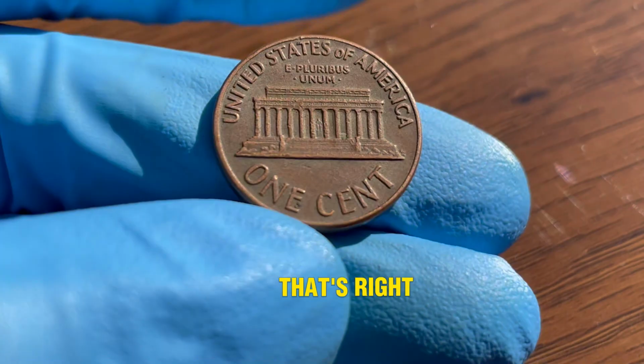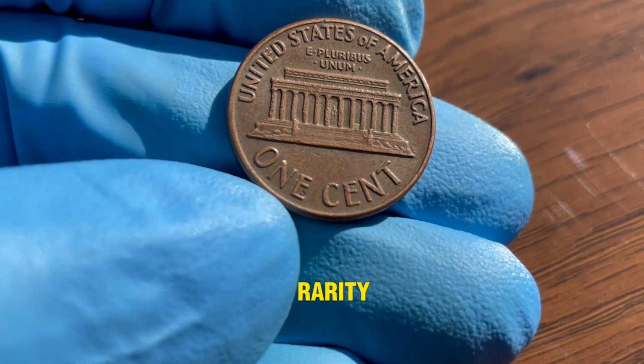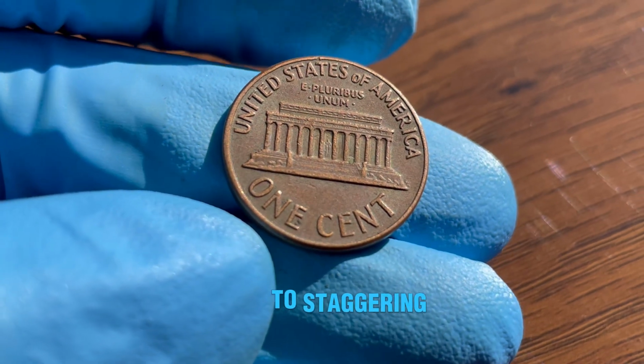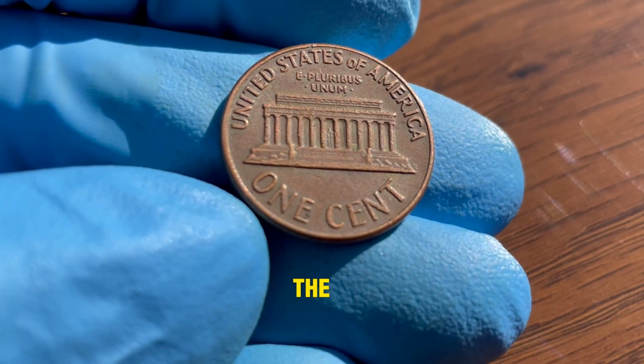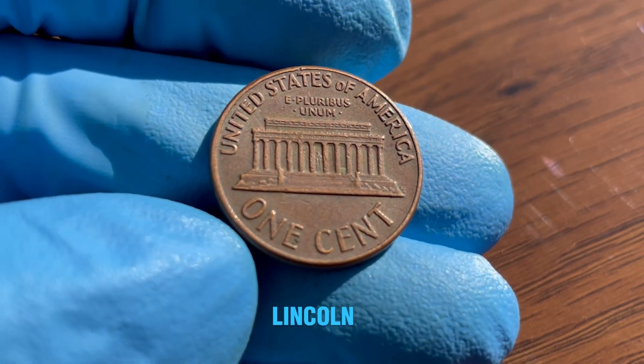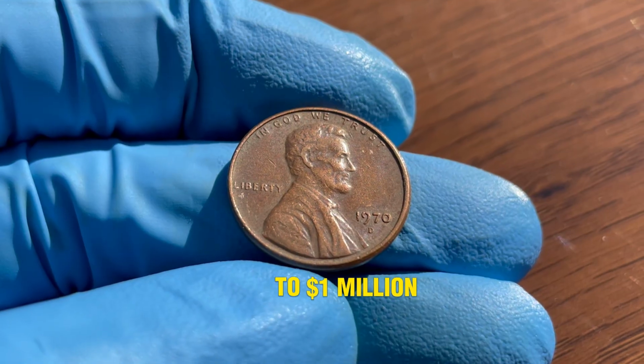That's right, fewer than 20. And, as you can imagine, that rarity is what drives the value to staggering heights. But here's where it gets even more interesting. The value of a 1970 D Lincoln penny can range anywhere from several $1,000s to $1 million depending on its